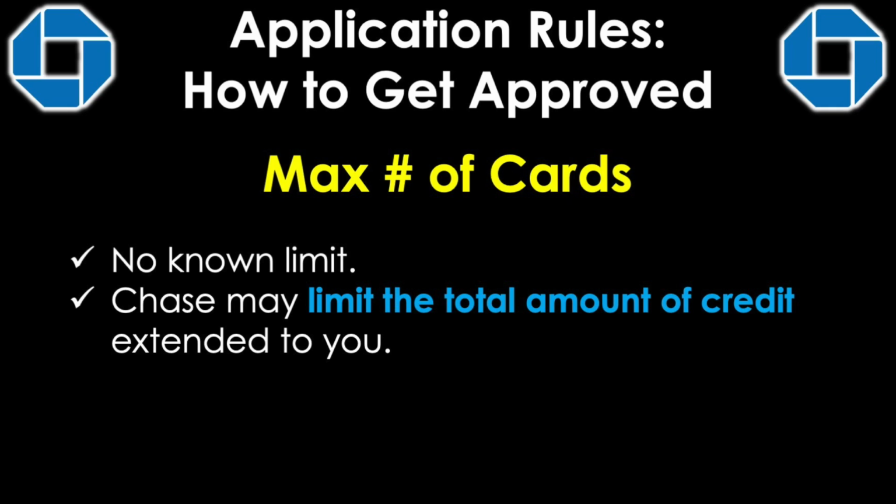Now let's cover a few more general points that are really good to know. When it comes to the maximum number of cards that Chase will allow you to have, there's currently no known limit. Rather, Chase may limit the total amount of credit extended to you. Stated differently, if Chase determines that you're eligible for a total of $75,000 of credit based on your score, your income, debt levels, etc., then it doesn't really matter if that's across 3 cards or across 9 cards. The quantity doesn't really matter that much to Chase. Rather, what they do care about is how much aggregate or total credit you have across all those cards added up together